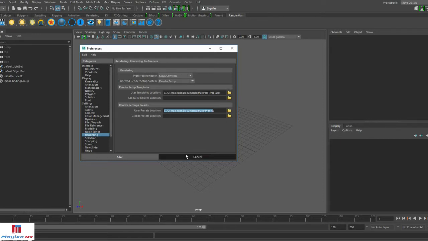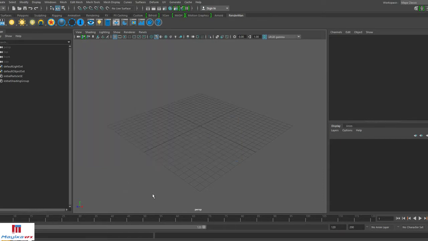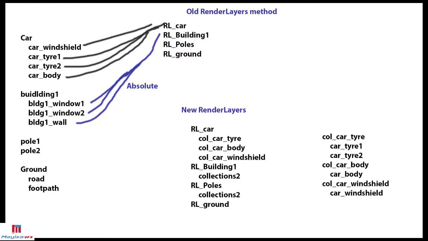Before working in Maya, let's understand a few other things. In the old method of creating render layers, we used to create render layers and add the objects into them. As an example, we have a scene with a car, building 1, 2 poles and ground groups, which have different objects in them.